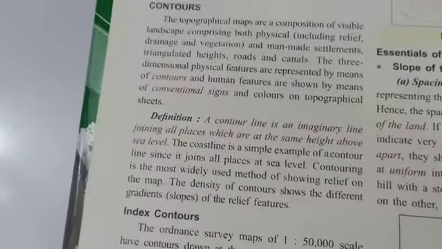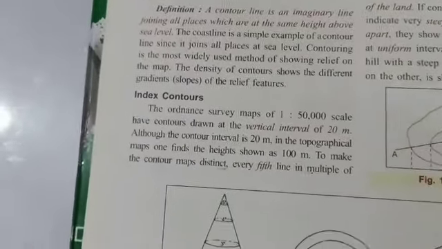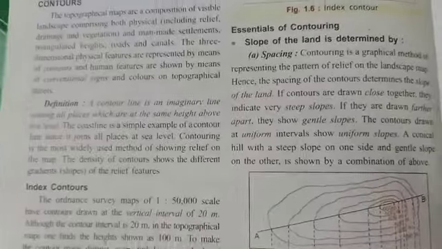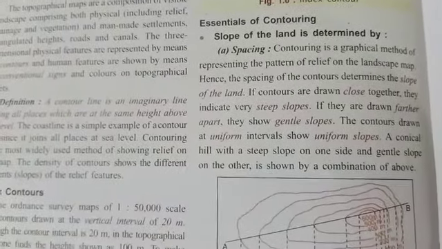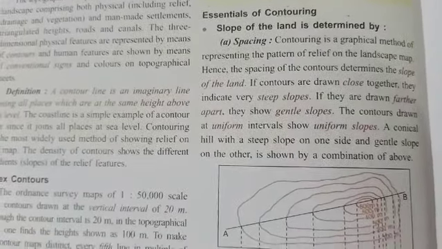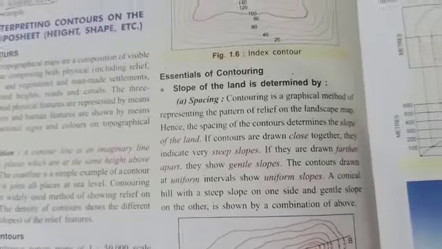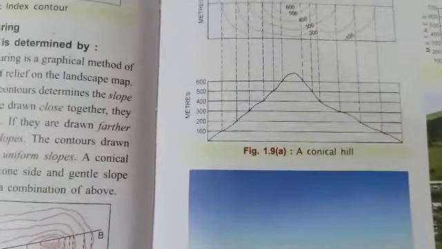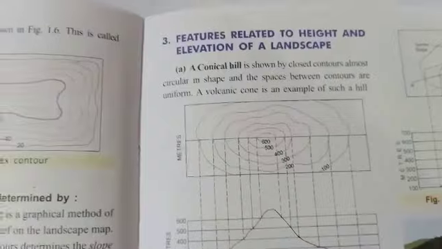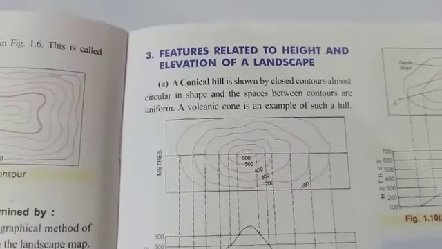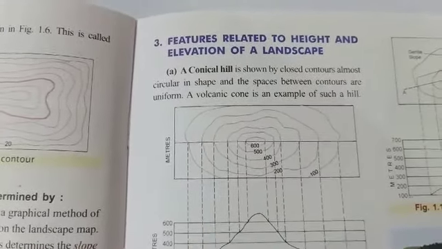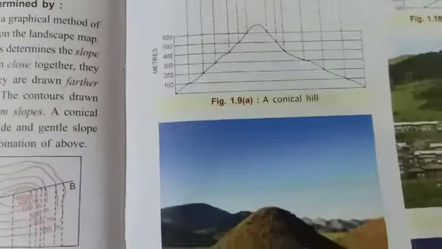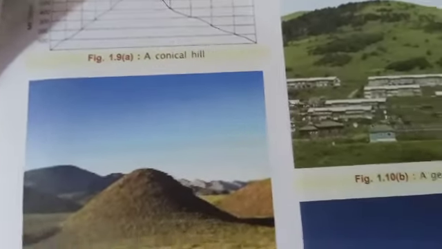What are contour lines, their definition, then the index of contour lines, then the essential features of contour lines, their spacing, and what is the meaning of spacing. Then we also saw the different landscapes made by using contour lines: a conical hill, how it is created, then steep slopes,